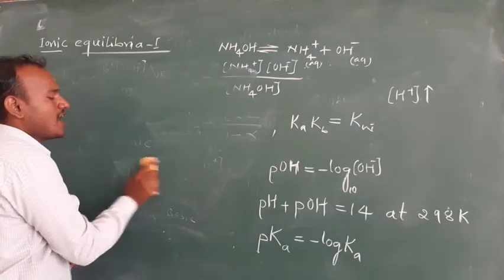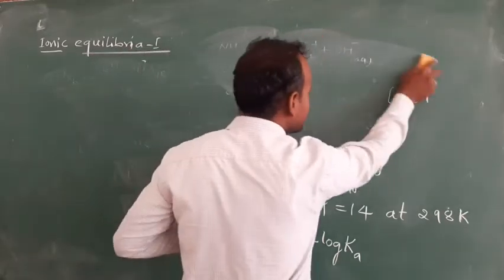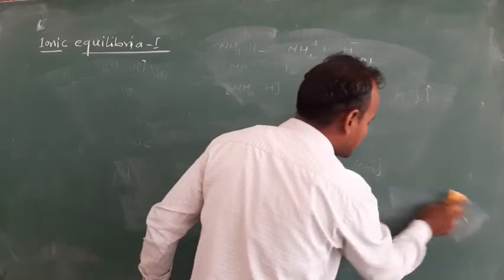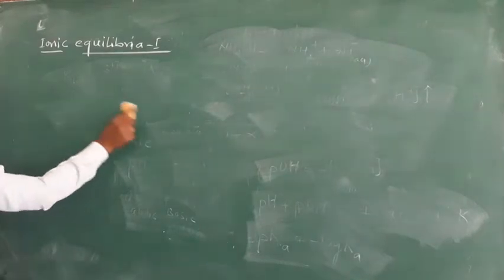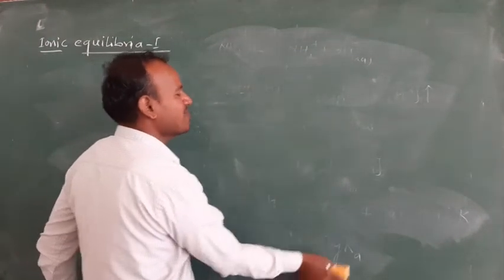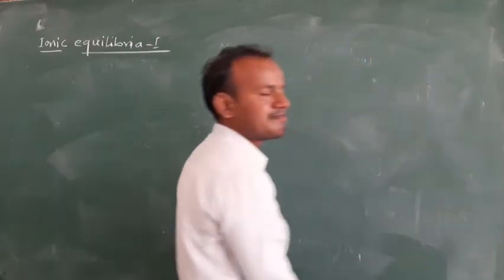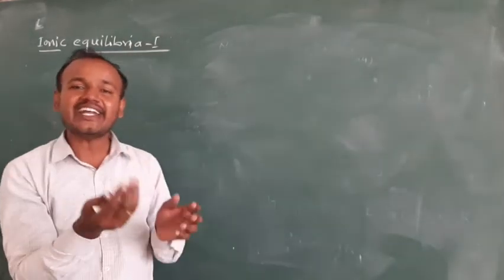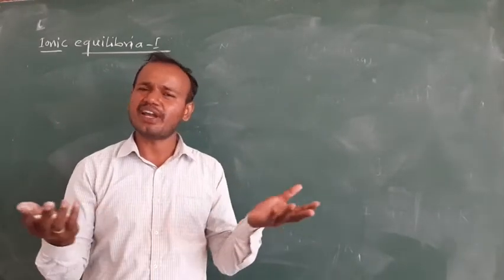As we know, the common ion effect is based upon Le Chatelier's principle. So what do you mean by Le Chatelier's principle? Le Chatelier's principle says, with respect to an equilibrium reaction, if any system which is in equilibrium is disturbed by varying temperature, pressure or concentration or any other means, that equilibrium system always wants to retain its original state.